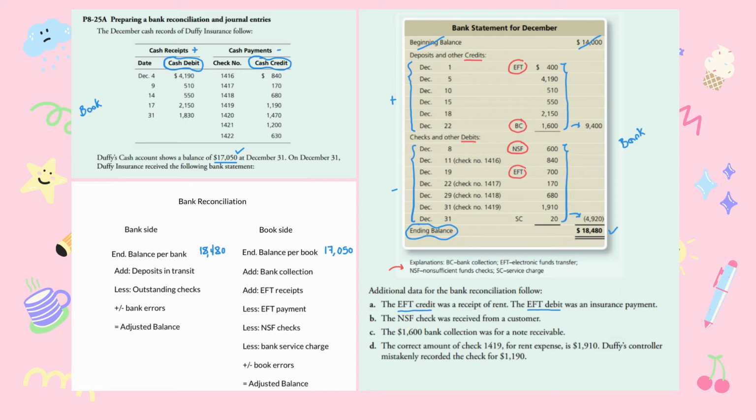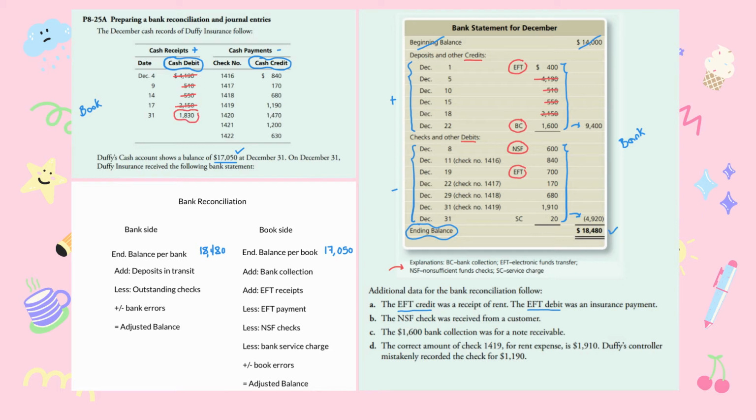So let's see, 4,190, it's recorded in the book. Can we see 4,190 here? Yes, it's here. So let's cancel it from both sides. Then 510, yes, it's recorded in both sides. 550, yes, it's recorded in the book and recorded in the bank. 2,150, it's recorded in the book and it's also recorded in the bank. Now we have